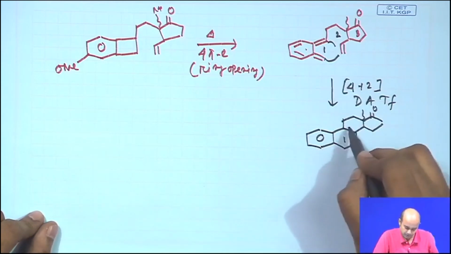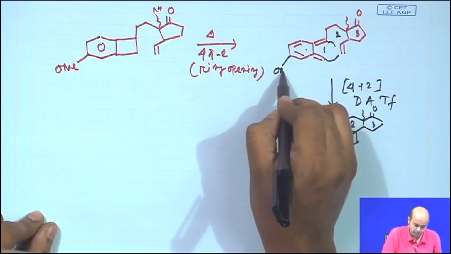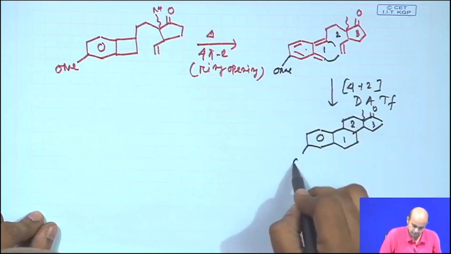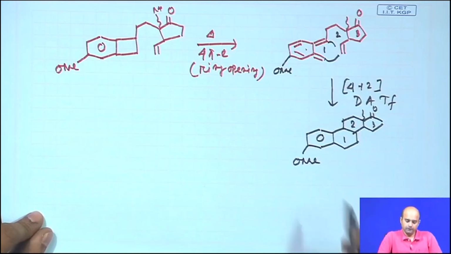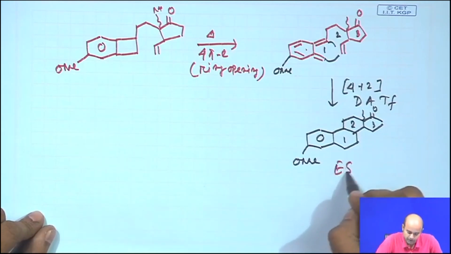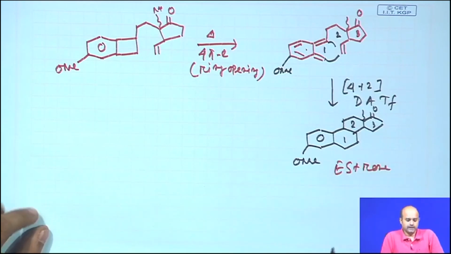So, all together this is 1, 2, 3, your methoxy remains as it is. So, transformation wise, this synthesis of estrone as a target molecule is simple, definitely very simple,